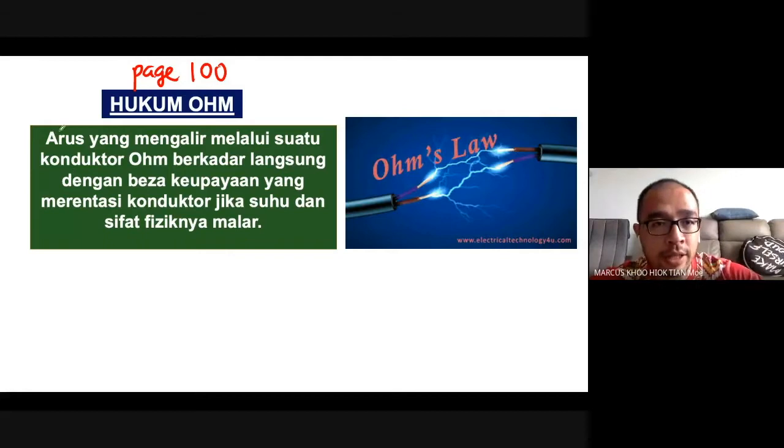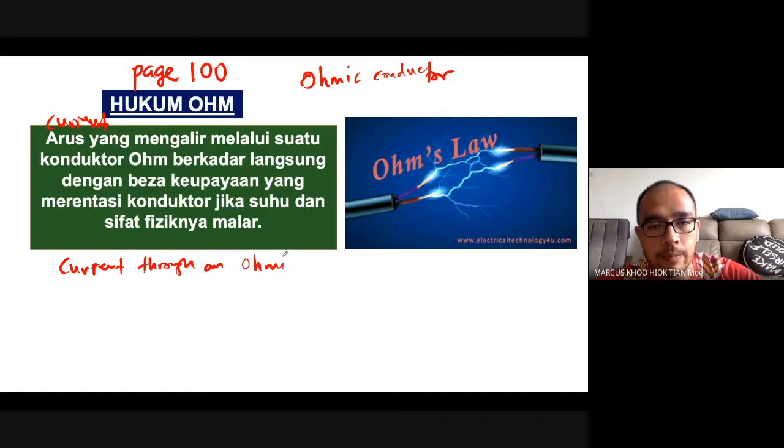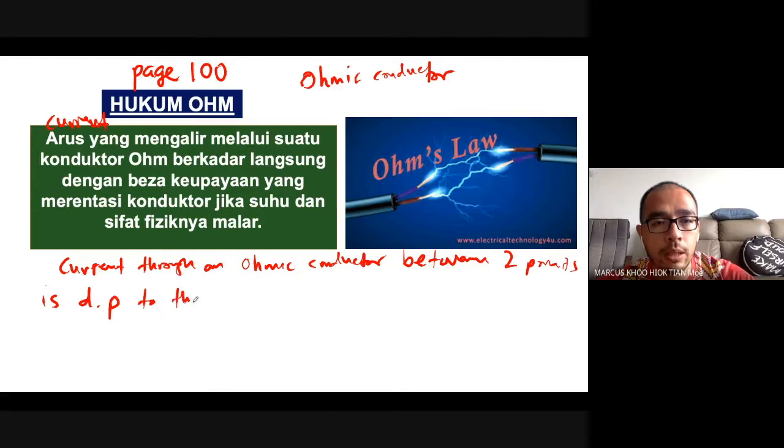But I'm going to use this one. So Ohm's law states that the current, you can use Iqbal's version, but instead of using the word conductor, I want you to use the word ohmic conductor. I can't type this here. So the current through an ohmic conductor between 2 points, you can use the same words that are in your textbook, between 2 points is directly proportional to the potential